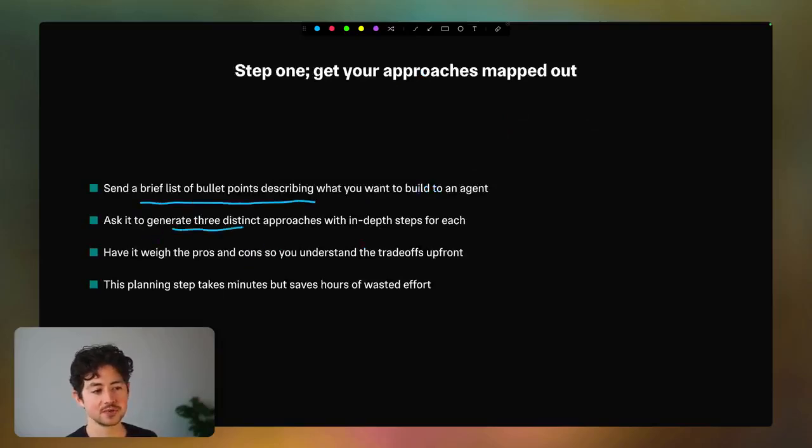Then say, can you generate 3 distinct approaches with in-depth steps for each? Because I'm going to send this over to another model. Also, give me some pros and cons so I can understand the trade-offs up front. And this will take you a few minutes up front, but it'll also save you a lot of time, because